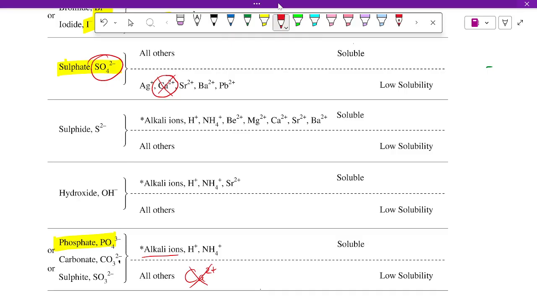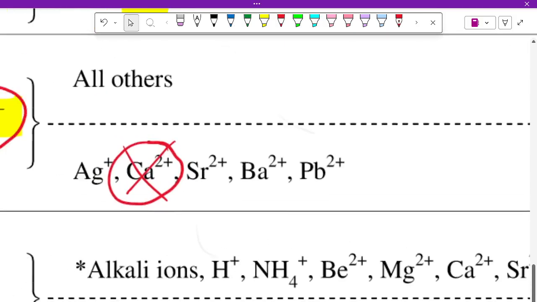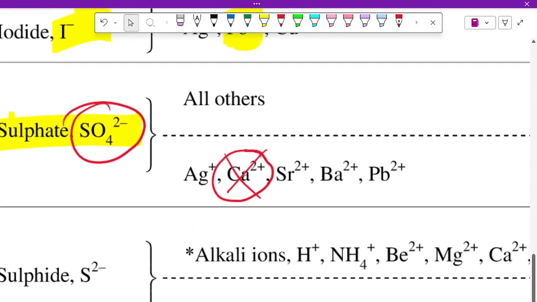Let's try argon, a noble gas that does not form ions. Okay, so argon will not react. We cannot use argon. Can we use Mg? So where would Mg be for sulfate? It would be in all others. So Mg